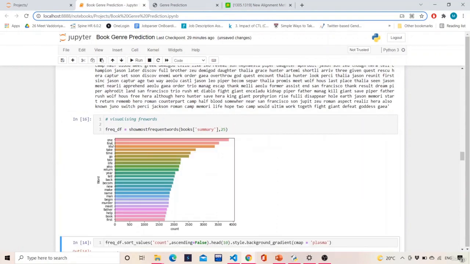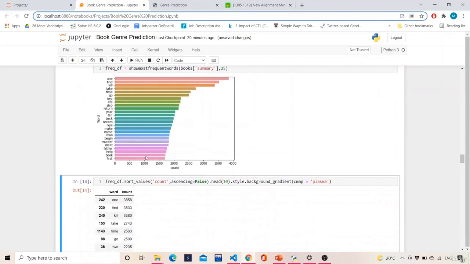If we plot it now, we have a whole different kind of plot. Instead of "to", "the" and so on, we have words which convey some meaning, like father, murder, become, return, also, life, time and so on. This is an indication that we have successfully stemmed, lemmatized, and removed the stop words.